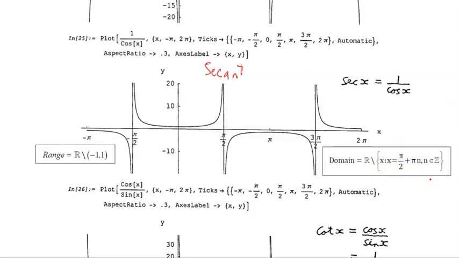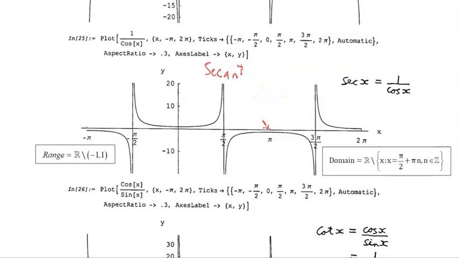So you can see that for n equals 0, the first asymptotes are pi on 2 and minus pi on 2. And then n equals 1, you're going to have 3 pi on 2, and so on. Okay, the range for this again is the reals excluding the open interval -1 to 1, and we'll see that in the plotting. So that little gap is visible there, you can see there's a little bit of a gap. Because cos x oscillates between +1 and -1, the range of cos x is from -1 to +1, including the endpoints. And so when you take the reciprocal of those, that's how you get your graph here,